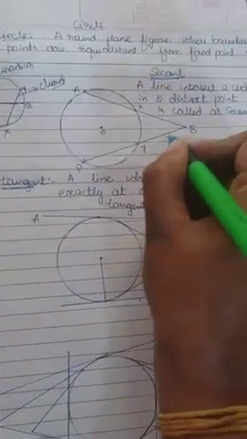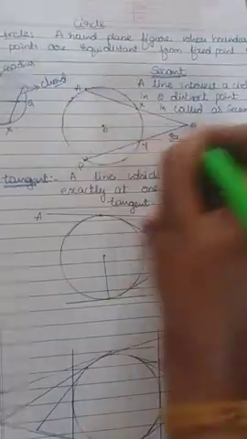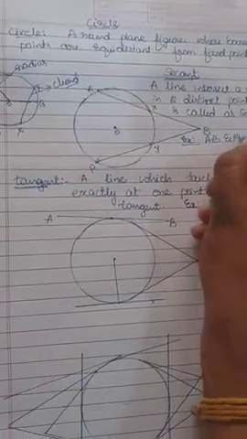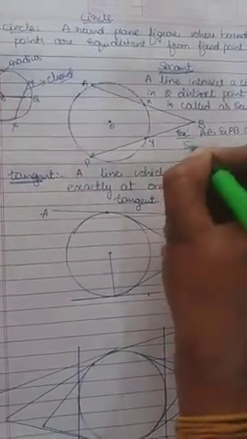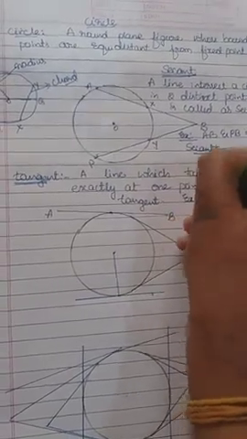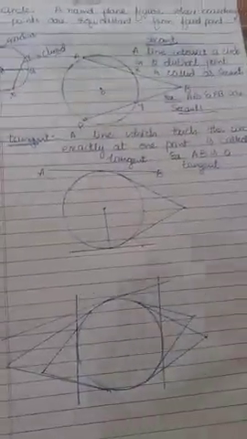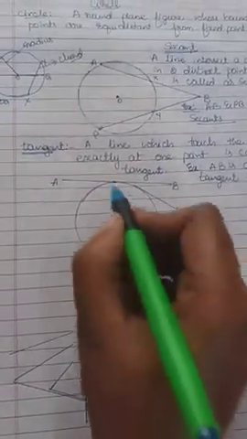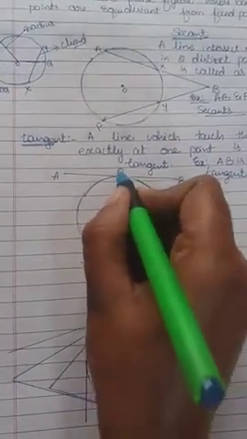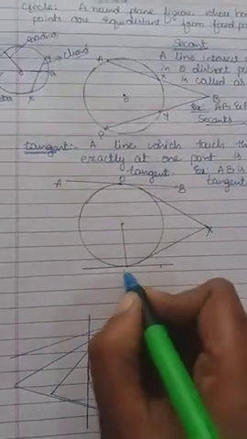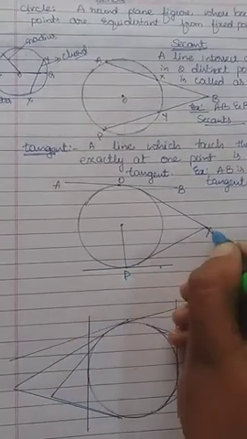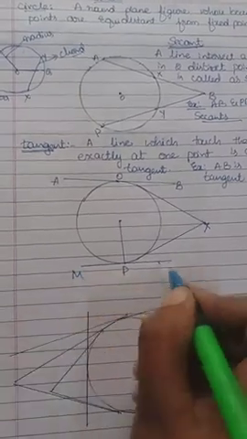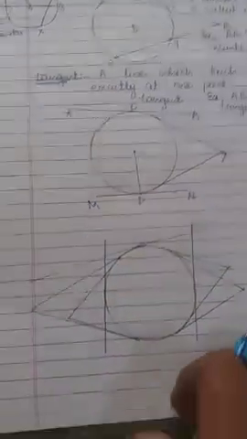So here we can give an example. AB and PB are the secants in this diagram. In this way, to a circle we can draw many tangents. AB is a tangent. If you give OX, it is a tangent. If you give a P here, PX is a tangent. And if you give MN, that is also a tangent. Like that we can draw.